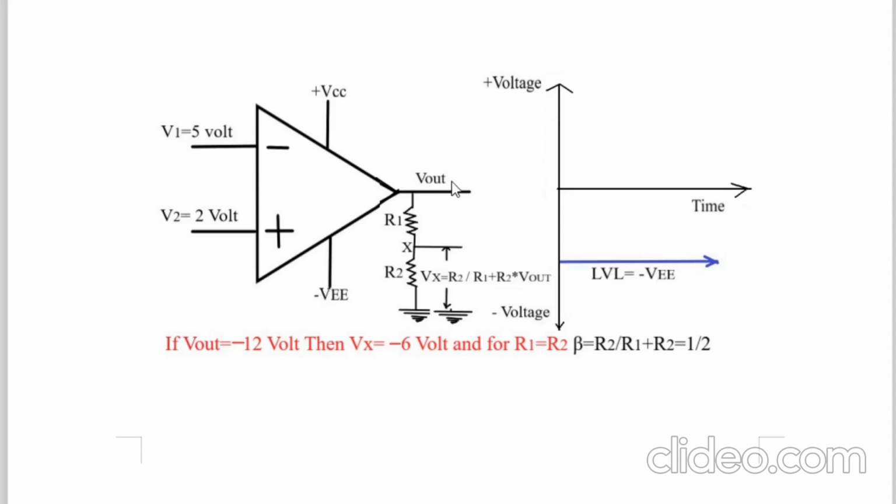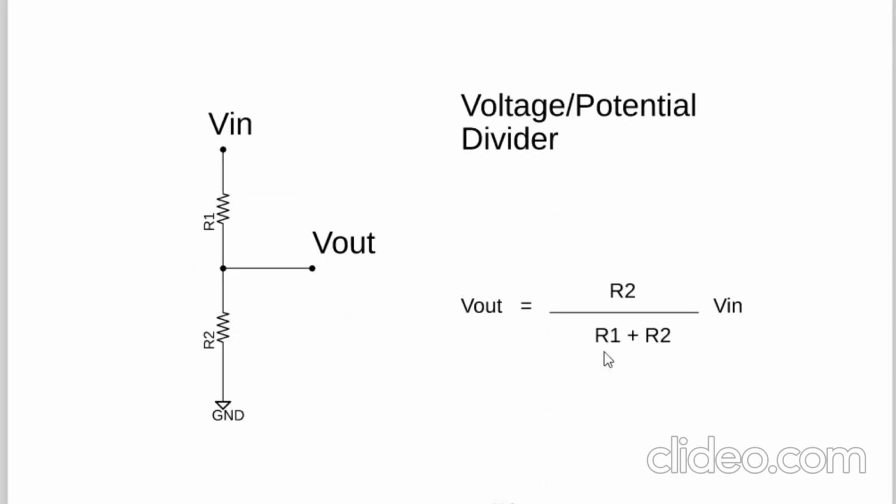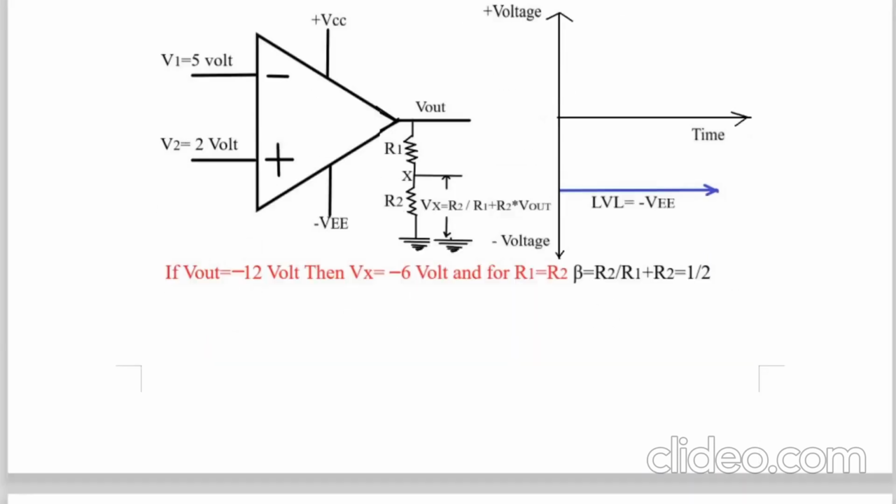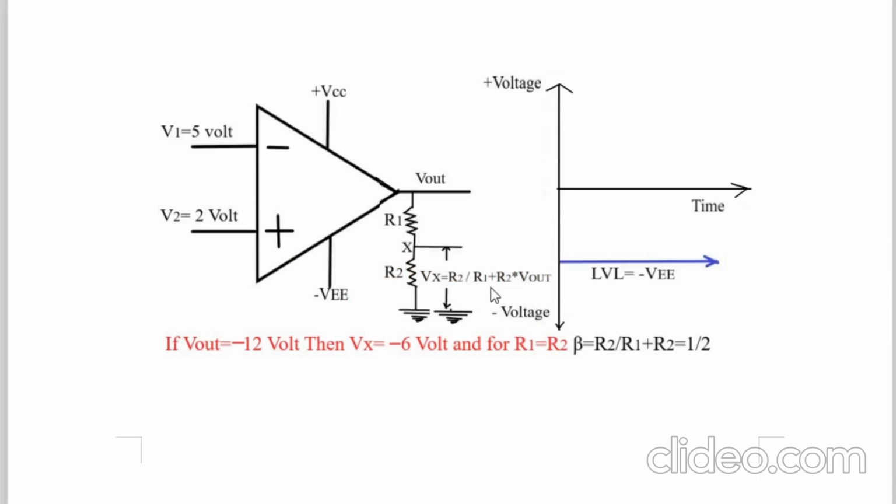Now, just one minute before, we studied the potential divider circuit, where we connected R1 and R2, and this is the ground. Therefore at this junction of the potential divider circuit, Vx is equal to, using the same formula we used over here, Vx equals R2 divided by R1 plus R2 into V out. Here this V out will be the input power supply to this potential divider circuit. Therefore it is very simple.